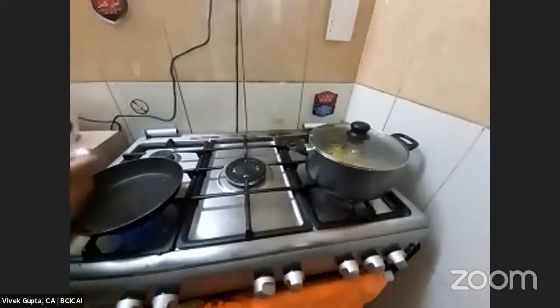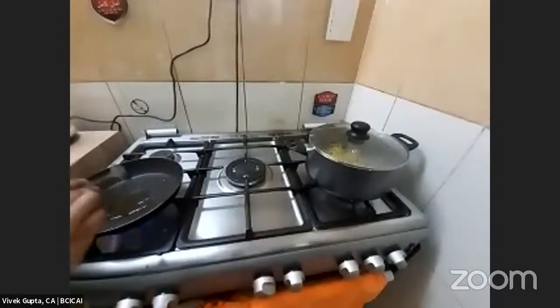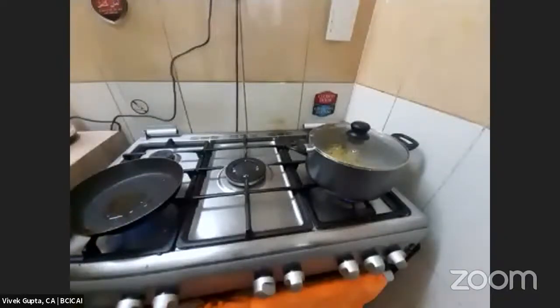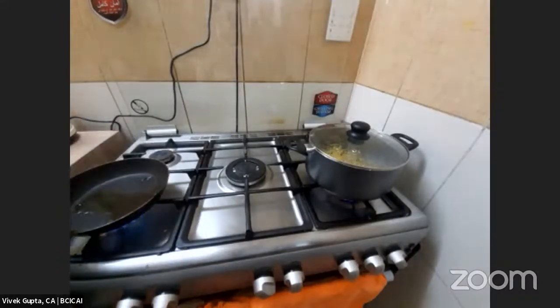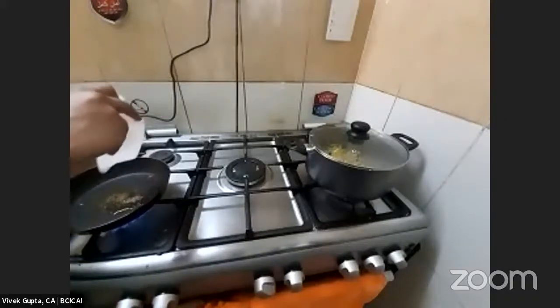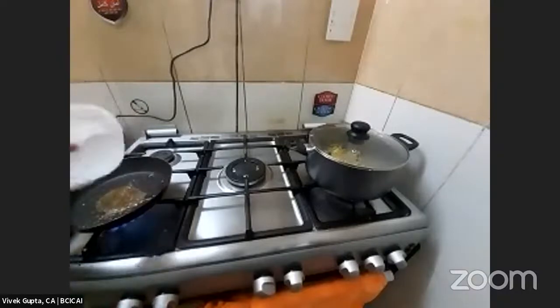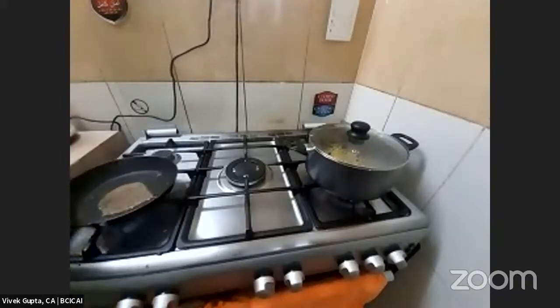I'm going to be adding 1 tablespoon of oil. And I'll be spreading the oil around. And I'll just wait for the oil to heat up. And pour in some cumin seeds. I'm going to put my flame on a low medium flame. Don't want it too high. So while this roasts itself,